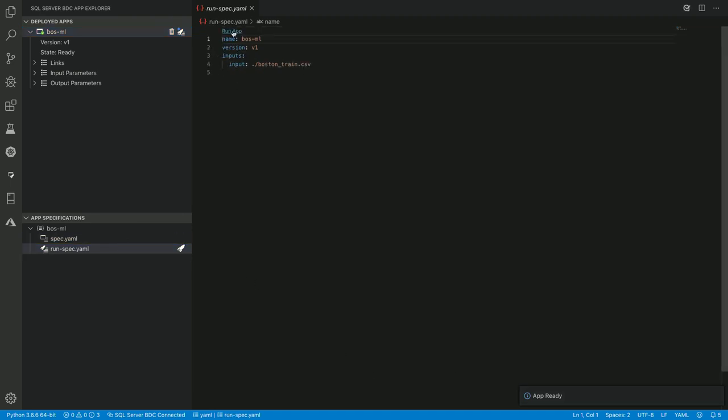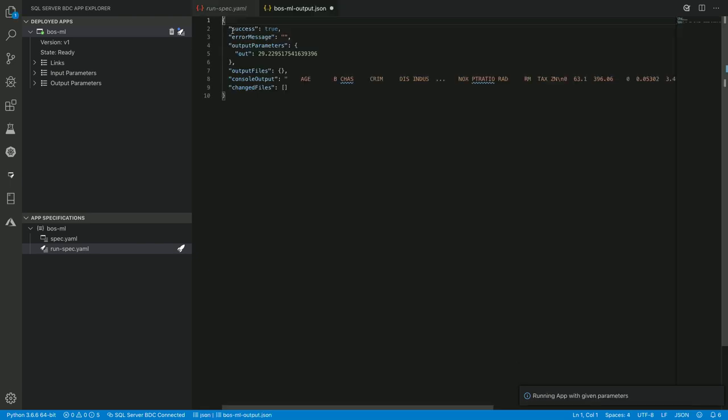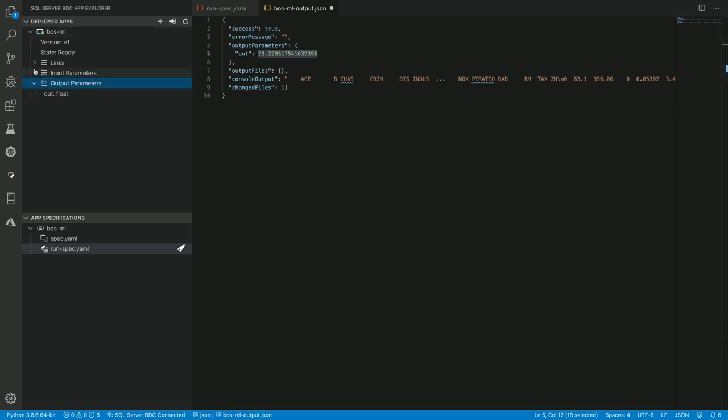So now I have the runspec.yaml file, where if I just run the app, it's actually going to take the input parameters and give me a prediction of what the median home price value is. And you can see that the median home price value is around 29,000 with the data we just flew in. So now that app is running as a container inside the SQL Server big data cluster. So if I go into my output parameters,